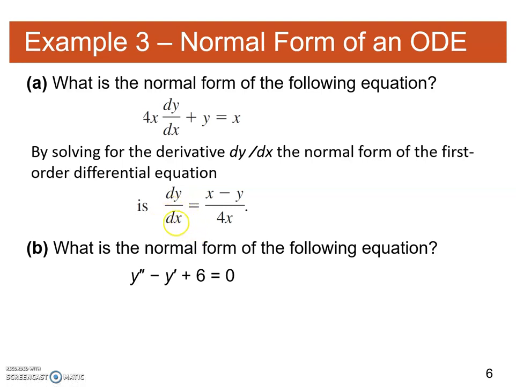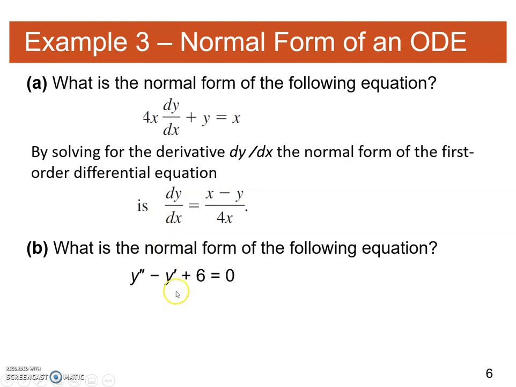Sometimes this normal form is useful in situations where, for example, you have dy over dx and all the other terms are in terms of x, so that in that case you can integrate it with respect to x. Otherwise it will be a partial integration. So we will also use some partial integration later on as well. So remember that this is the normal form of the